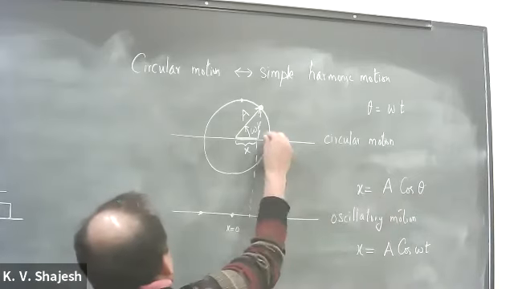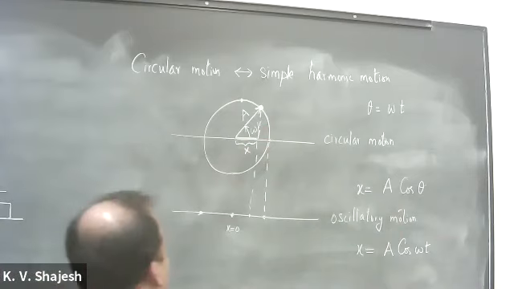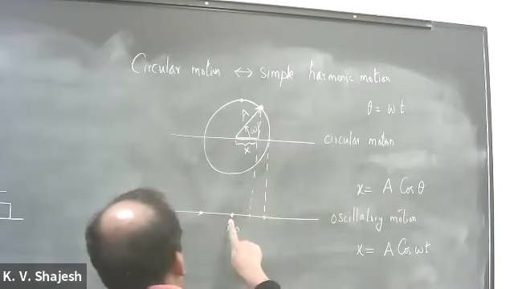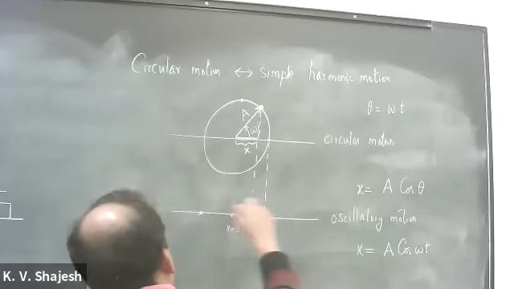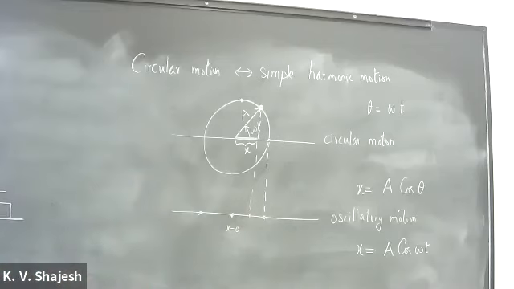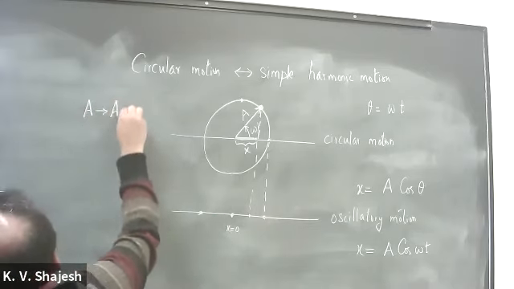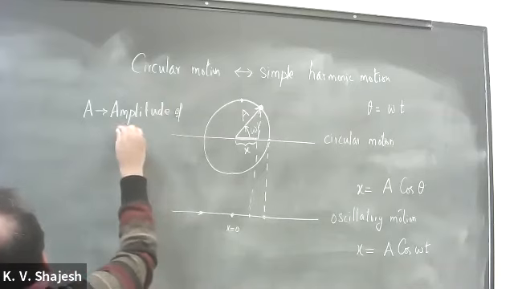a is, of course, the radius of the circle. When it is circular motion, we understand that, but when it comes to oscillatory motion, a is this point from x equal to 0. That's the maximum extent to which the mass is oscillating. That means if you were to stretch this to this point and leave it with velocity v equal to 0, that's the maximum stretch. So a is called the amplitude. So a is the amplitude of oscillation.